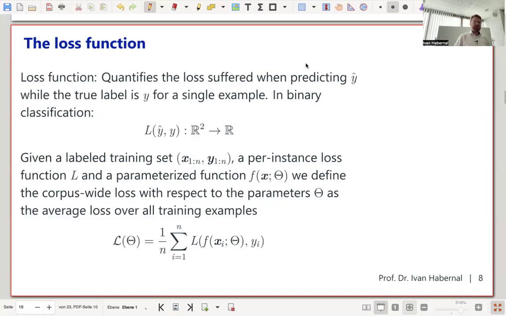So we start with a loss function, and this is the standard thing from supervised machine learning. So we have a labeled training set. These are some feature vectors, and these are the label vectors. So for example, a bag of words feature vector, and then we would have a label, binary label or multi-class label. And we have a per instance loss, which is given